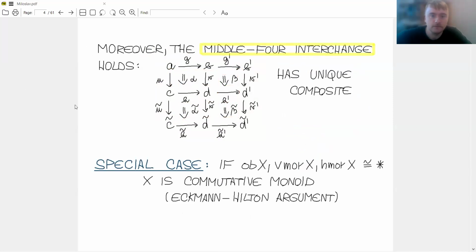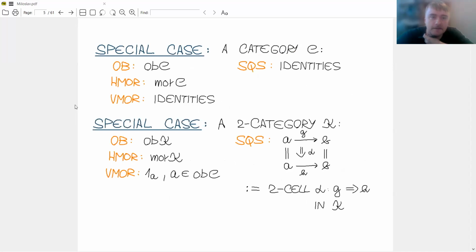There are some special cases. For example, if the objects, vertical and horizontal morphisms are trivial, then this is just a commutative monoid. Some more elementary examples include categories. Every category is a double category if your vertical morphisms are trivial and squares are trivial, so only identity squares. Another special case is two-categories, in which